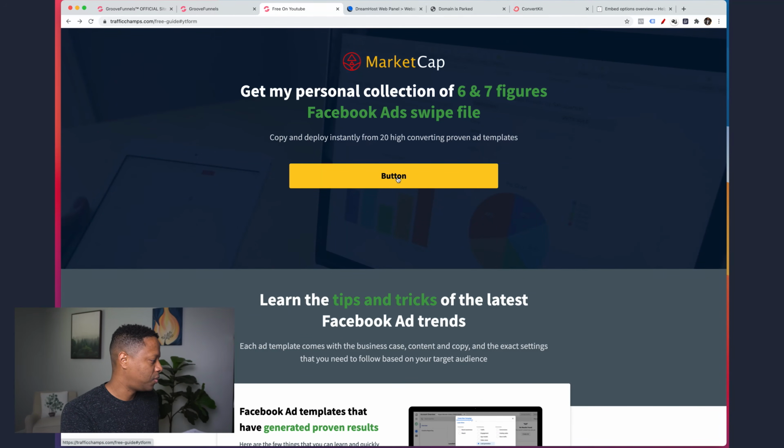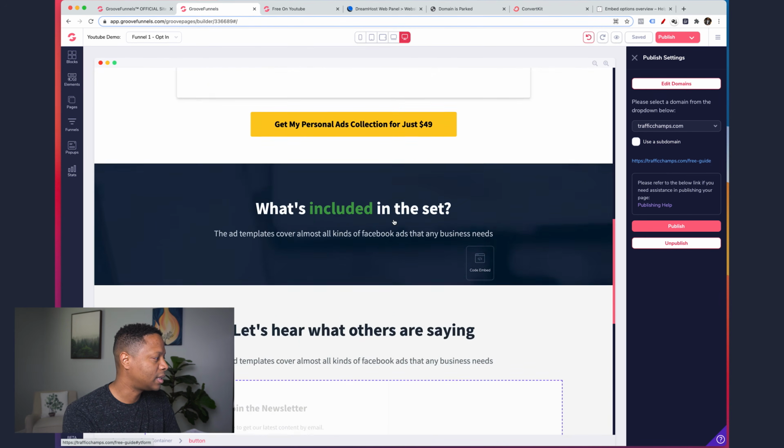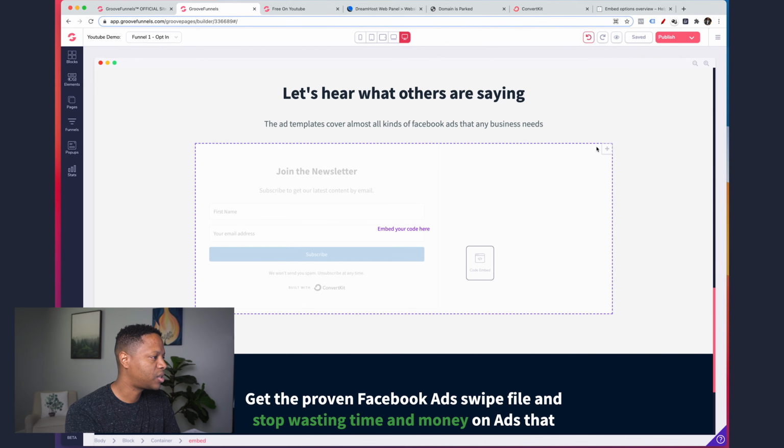Now let me go ahead and fix this button real quick. I'm gonna just copy this link, or actually all of that is set up. I just need this little bit right here, YT form. So we did set this up in the previous video, but I wanna show you again because we changed the form, so we need to hook it back up. So whenever someone clicks that link, they would come to this section right here. And what I'm gonna do, as you can see, I've highlighted around this container. So let's close our publish settings, open up our edit menu,